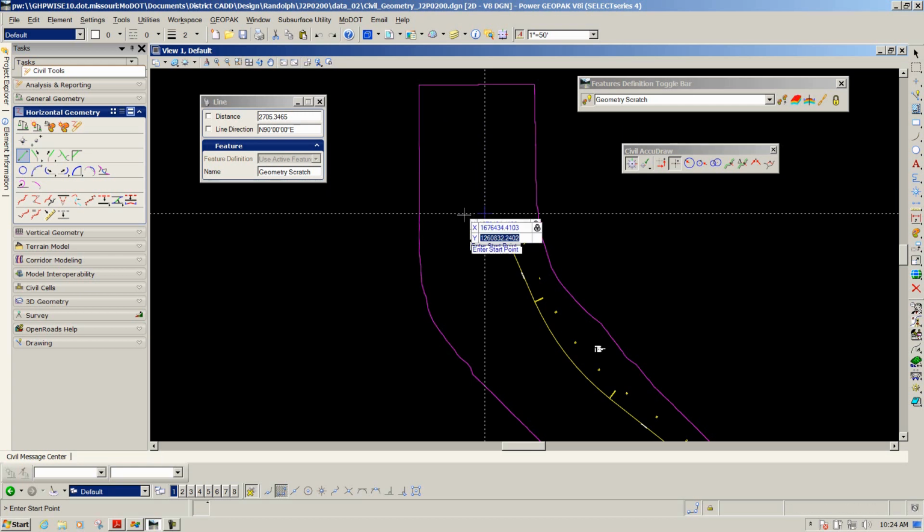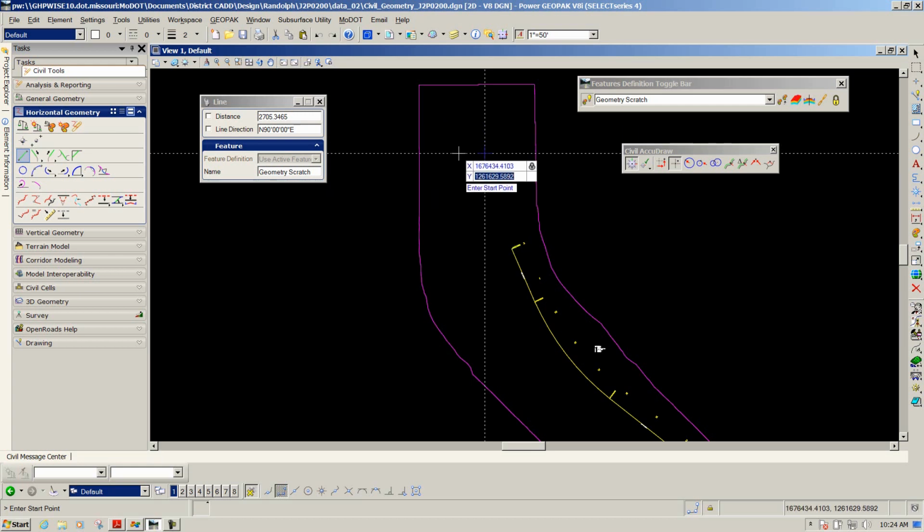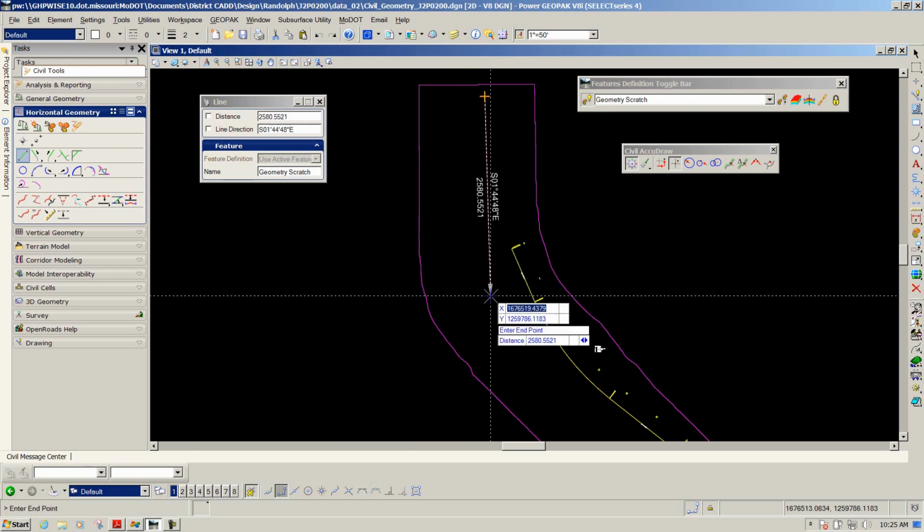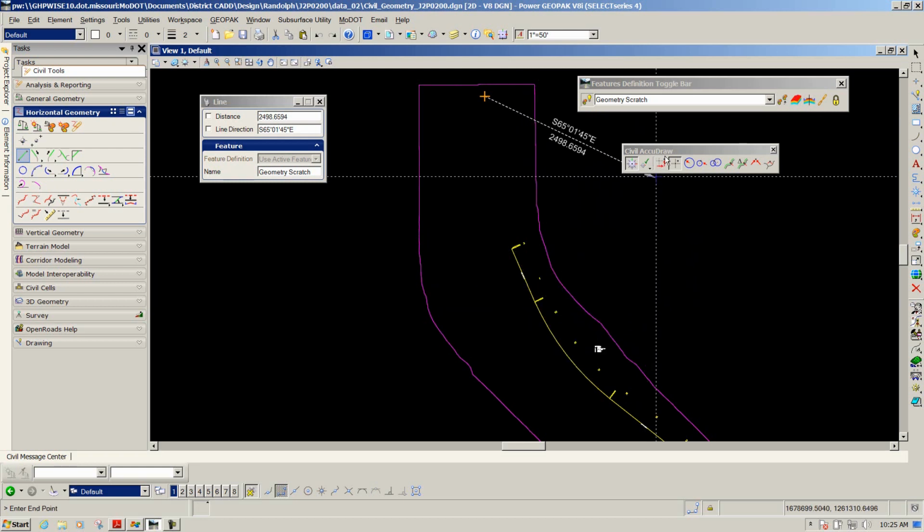Move your cursor and it's locked in. That looks good. Then we're going to type in the Y value of 1,262,365.4715. Again, I'm going to lock that in. It's falling within my terrain model, so that gives me a good feeling that that's correct. So I'm going to left click to start that line, and then I'm going to go to my Civil AccuDraw